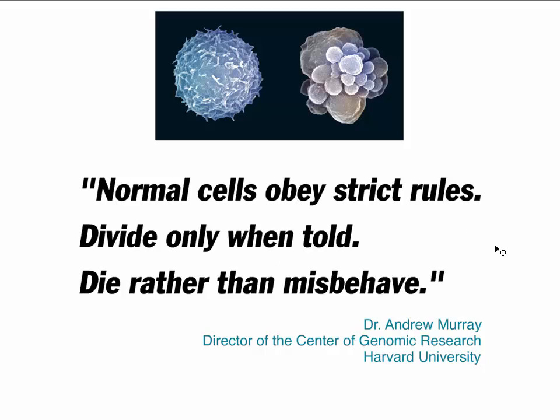This really is a nice summary of the normal behavior of cells, but what we want to understand is how is that accomplished? So what are the sorts of growth control regulations and cell cycle regulations that are in play that make it so that cells under normal circumstances behave like good citizens and don't overgrow or divide out of control, thereby placing the organism as a whole in danger?